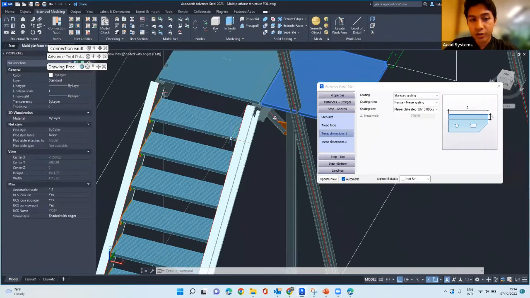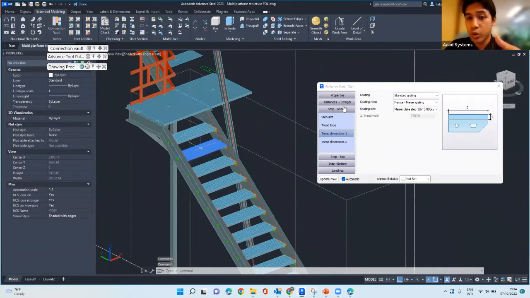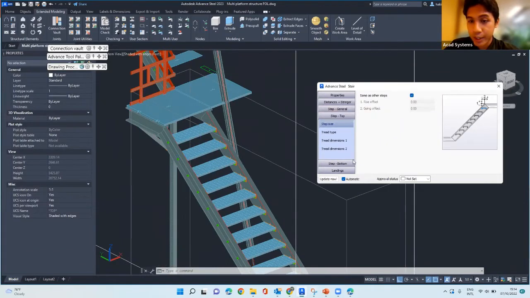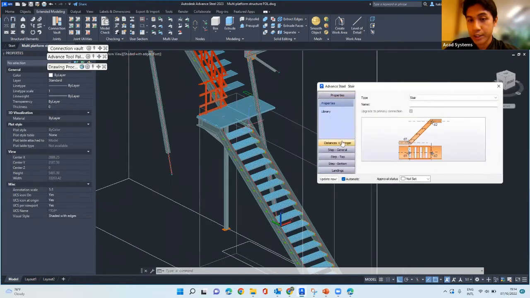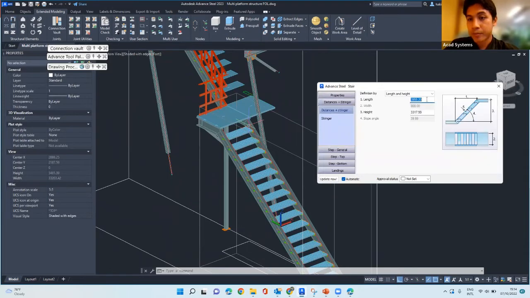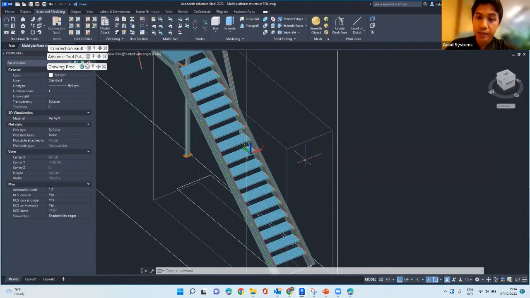So there are a lot of other things that you can do. You just go through all of these, and then it will show you what properties you can change for the landing and so on. It will be under these properties. There are some things that you can change, and some of it are automatically set. I'll just hit escape. If you need to revisit that window, you just have to